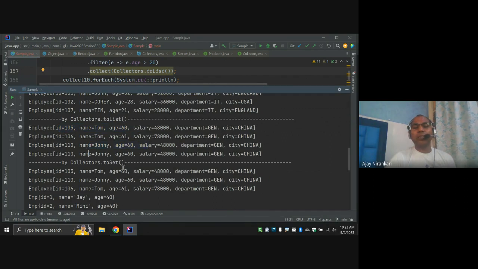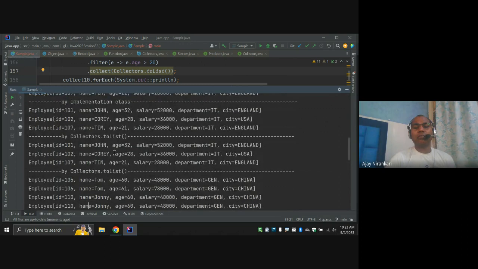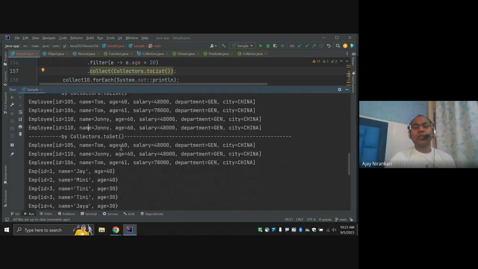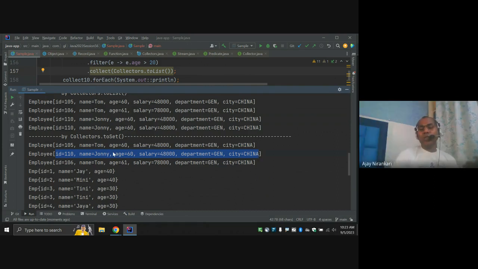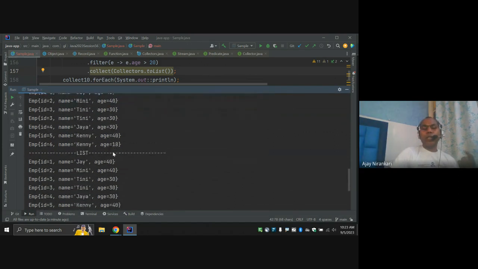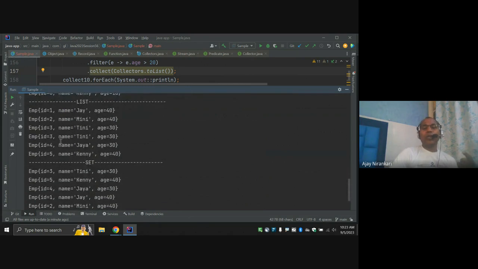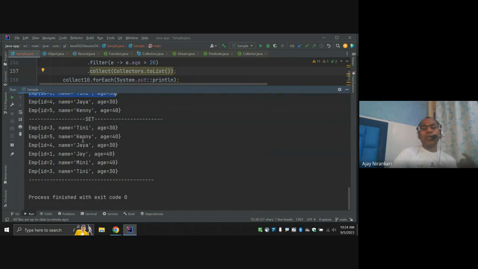If you look at the output here, notice the record 60, 60, 60. These two records are the same. By default they are considered, all the parameters are the same, so this is a duplicate, so I'm not going to show Johnny two times, Johnny only one time. By default, it just picks one. But in the case of our class, we have two Tinny entries, and we still get two Tinny entries